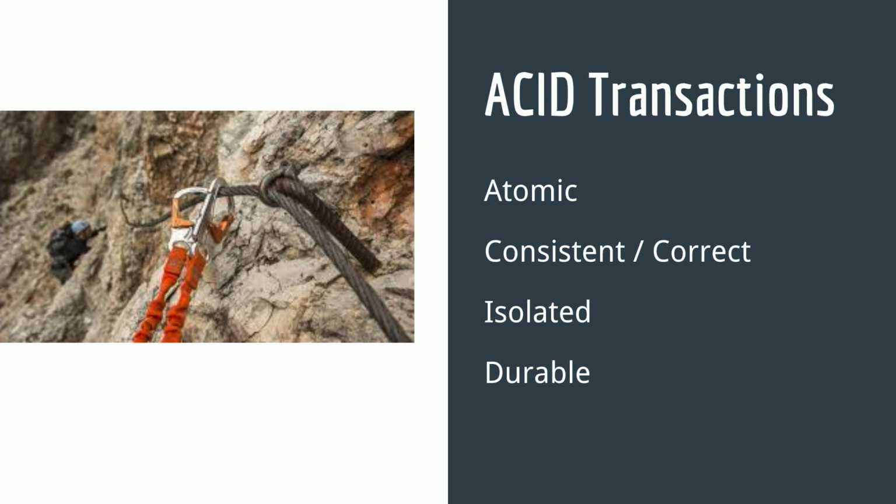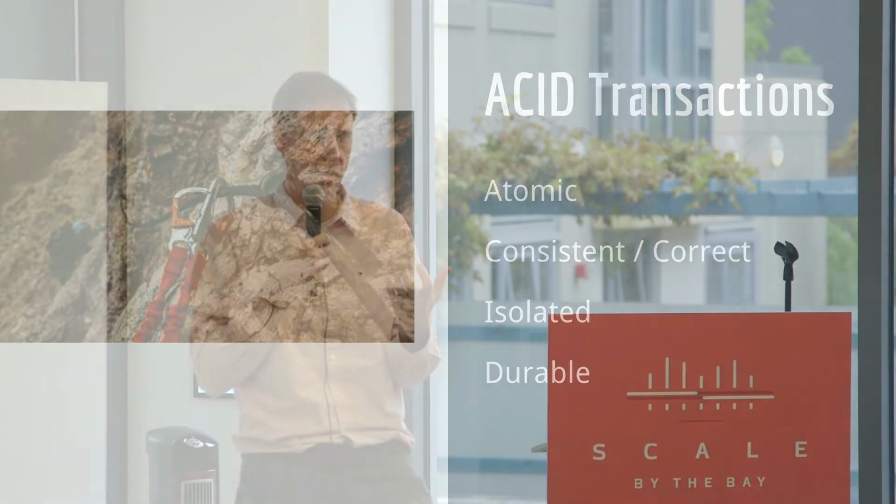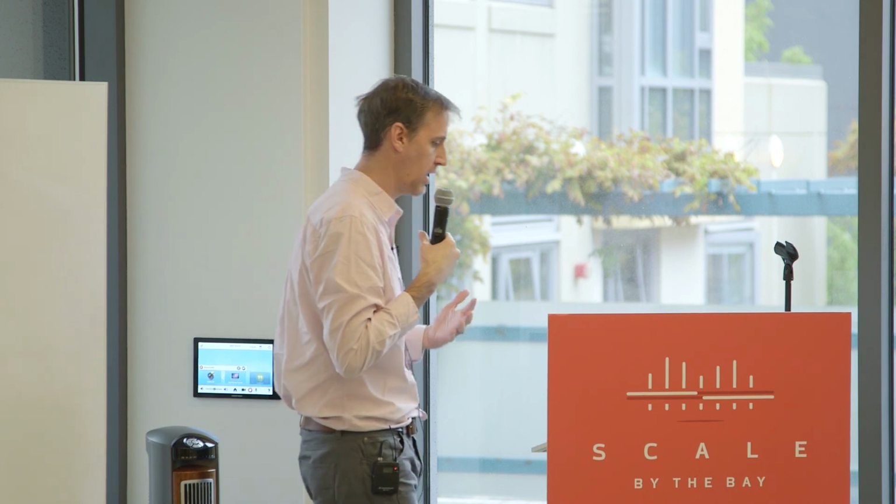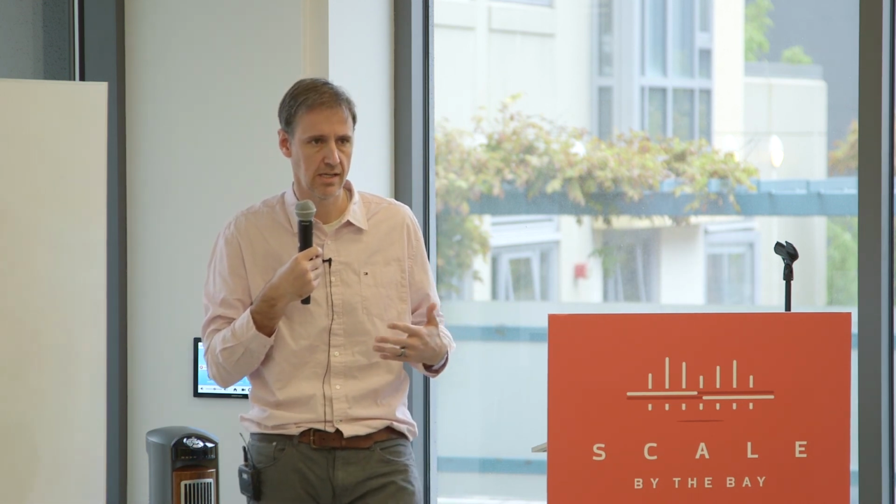Consistency, not only a strong consistency, but also that it's correct. So am I affecting other pieces of data that I shouldn't be? Isolated, is that transaction being isolated from the other effects that are happening in the database? Is it durable? Is that transaction actually committed before someone else tries to read it? So it's a much stronger sense of dealing with my data than just a strong consistency. So it's really taking this to a much stronger level of guaranteeing what's happening to my data.